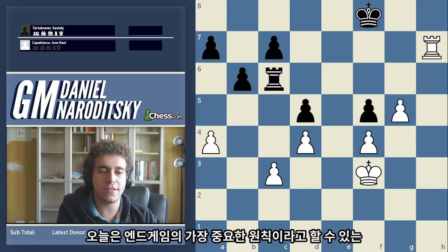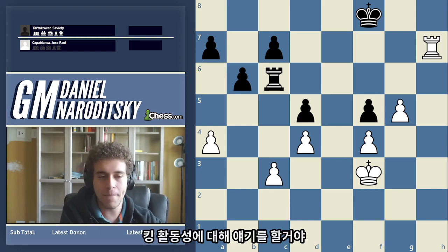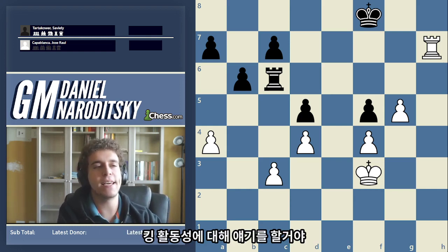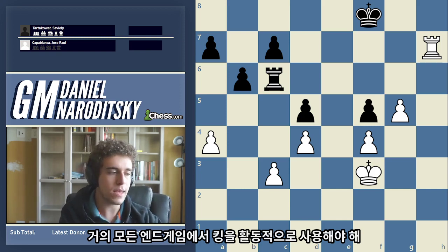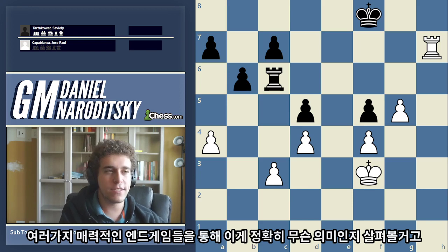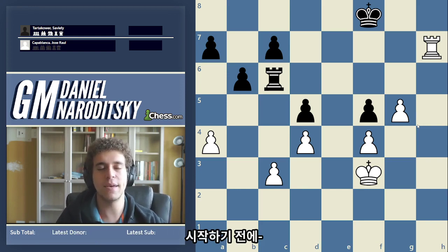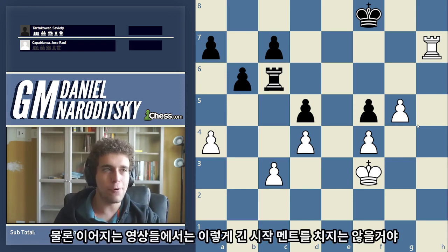And today we're going to start with what is perhaps the single most important principle of the endgame, which is king activity. You must keep your king active at all costs in the vast majority of endgame positions. And we are going to take a look at what exactly that even means, and we have some fascinating endgames ahead of us. The last thing I'll say before we jump in, and I won't be making this long-winded introduction